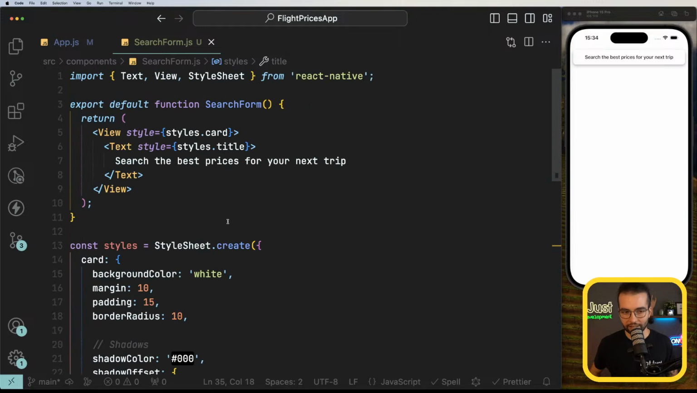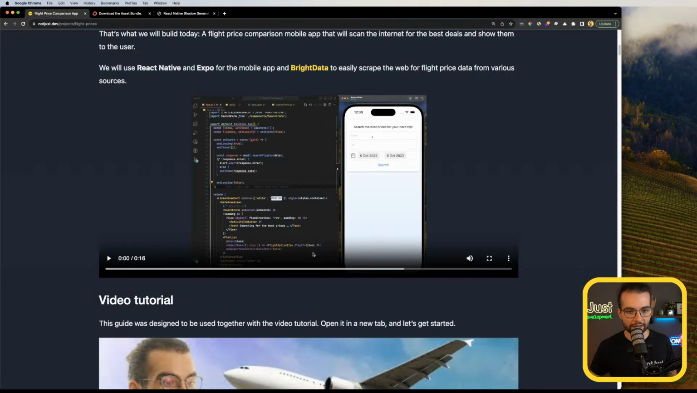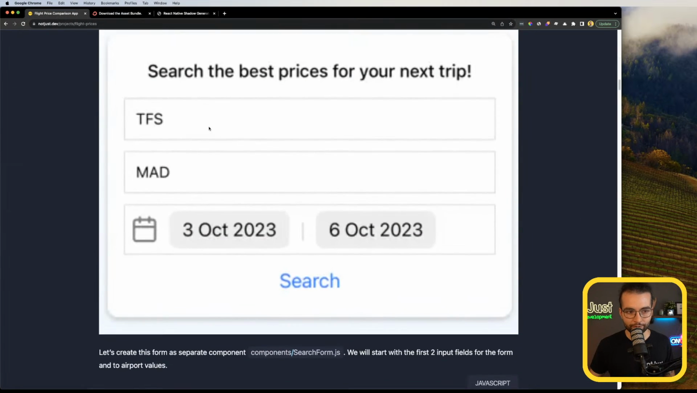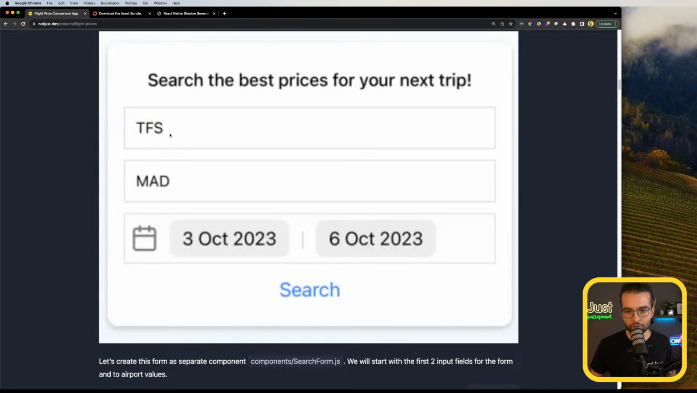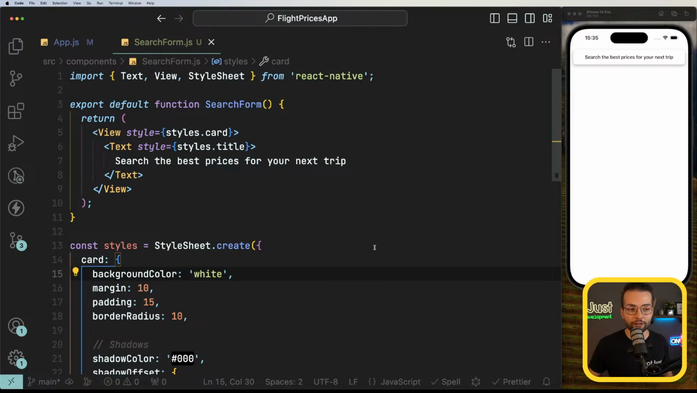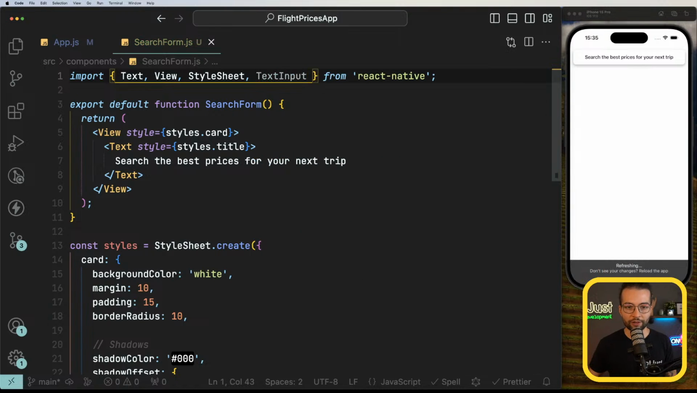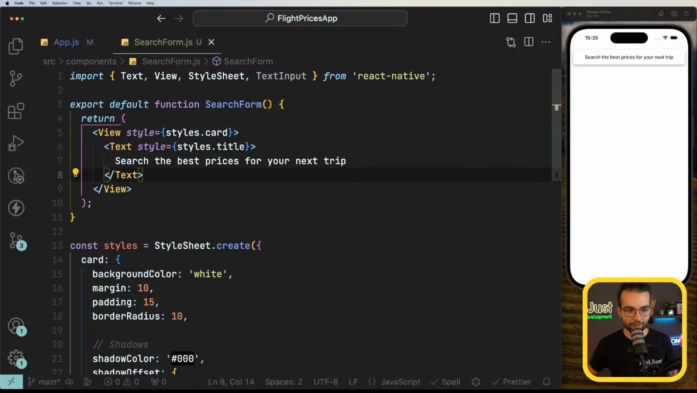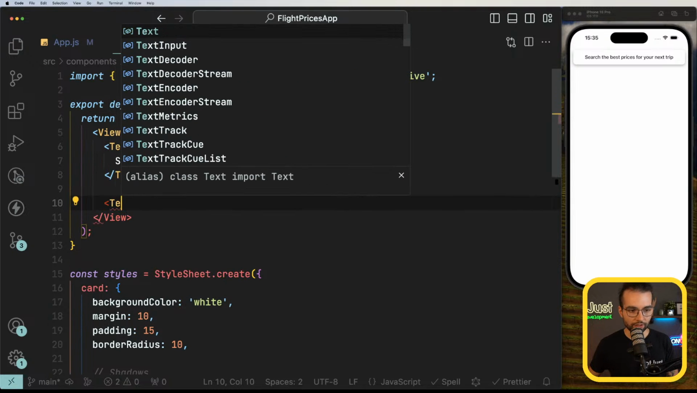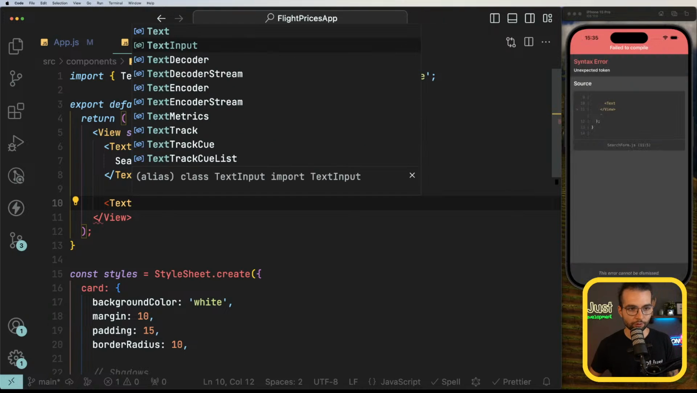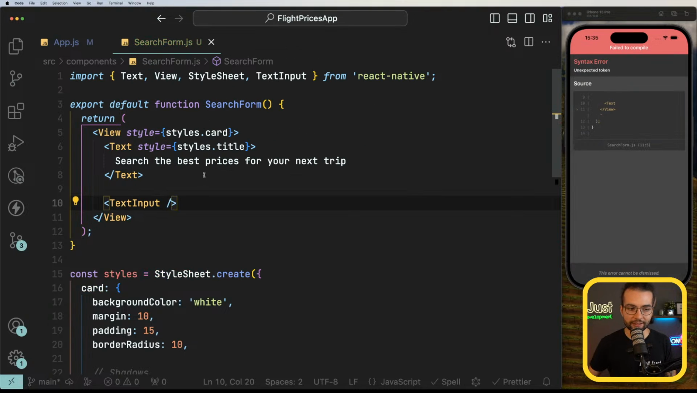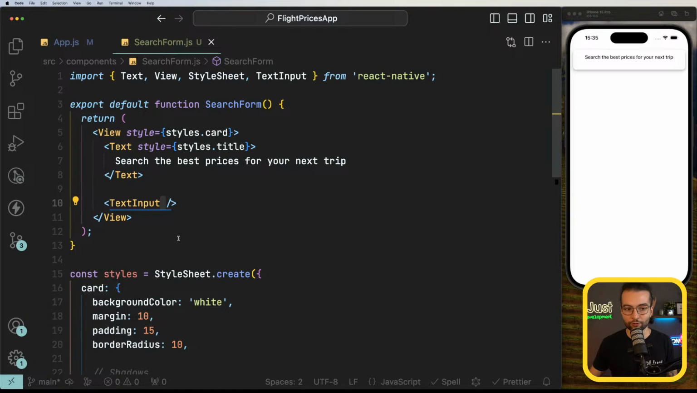Next step, if we look at our UI, the next step after the title and the card is going to be 2 input boxes. Let's go ahead and see how we can work with text inputs in React Native. To do that, we have a text input component that we can import from React Native, and we can render it just below this text. So text input is going to be a self-closing tag,